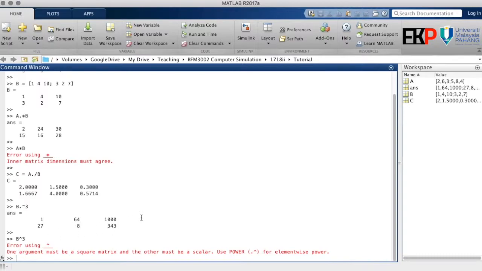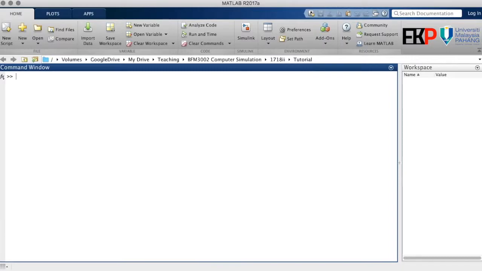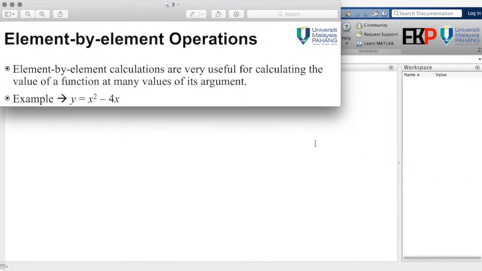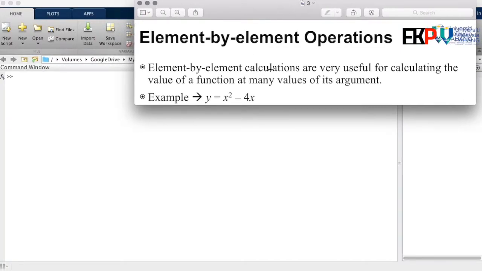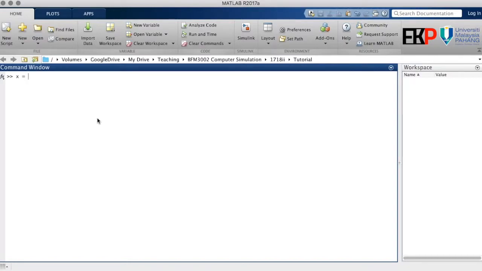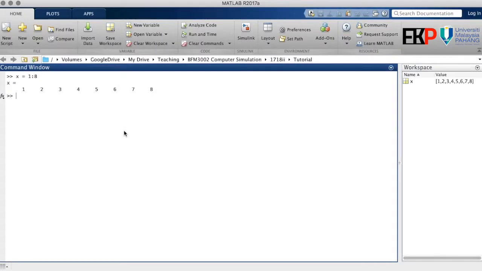Element by element operations are very useful, for example, to calculate the value of a function for many values. For example, we have the equation y equals x squared minus 4x. Let's say we define the vector x to have a certain range, for example, from 1 until 8. Now we want to know the value of y for every value of x. In this case, the element by element operation needs to be used. So the command that we should